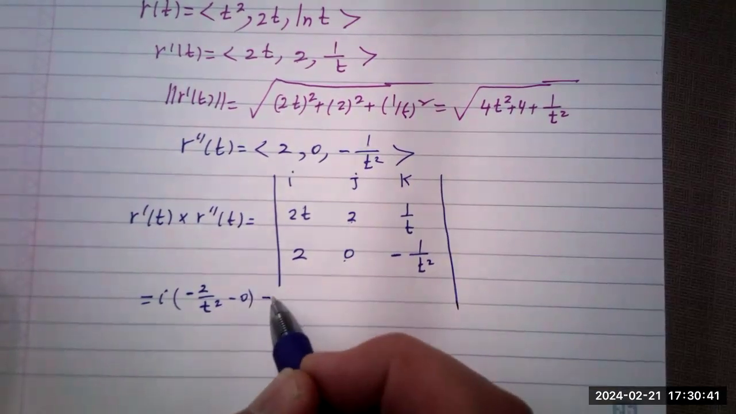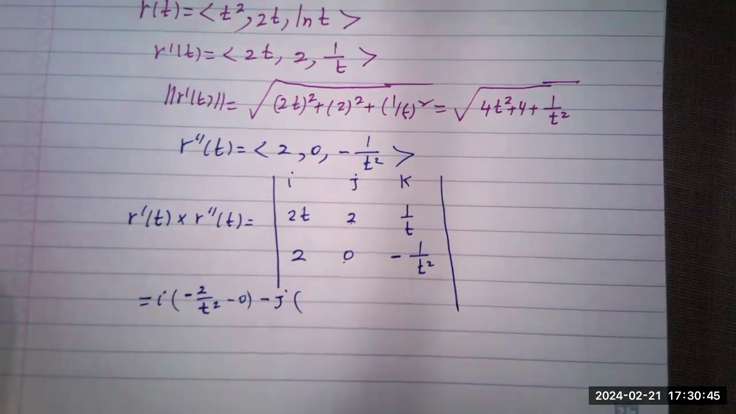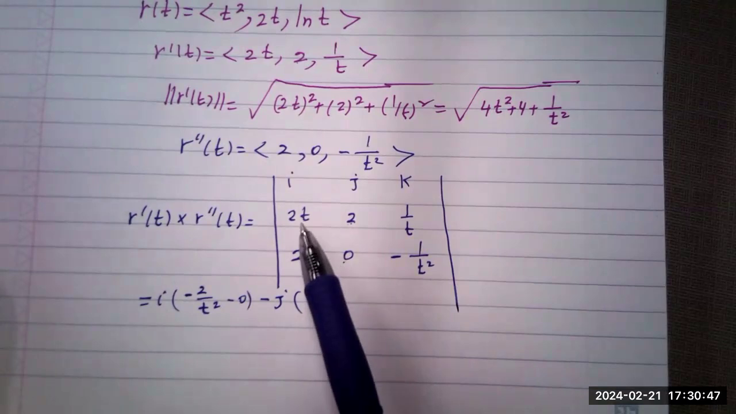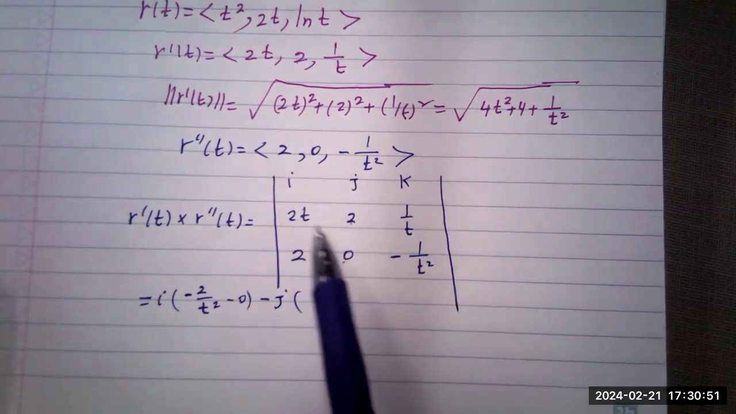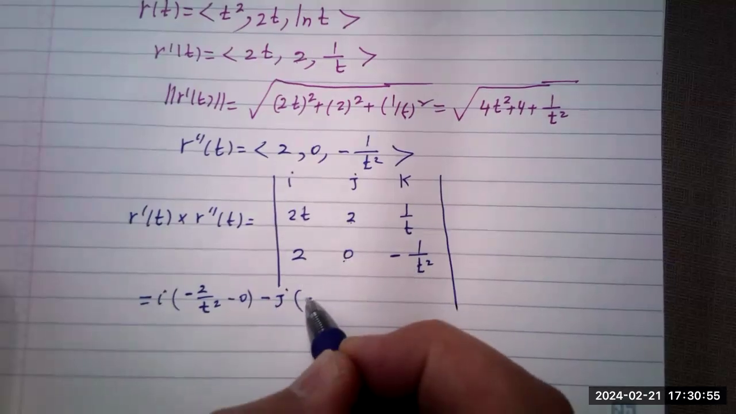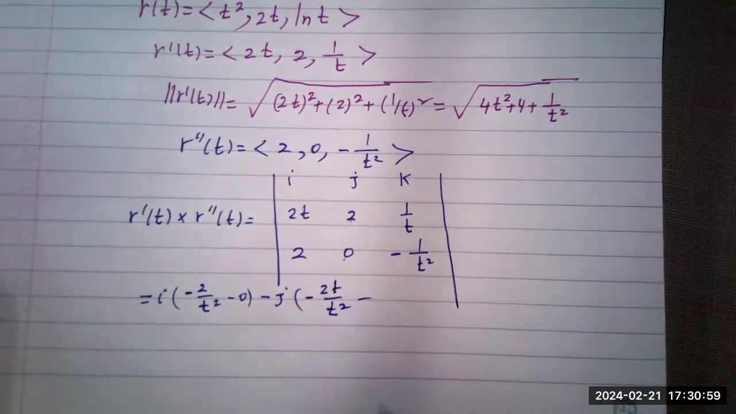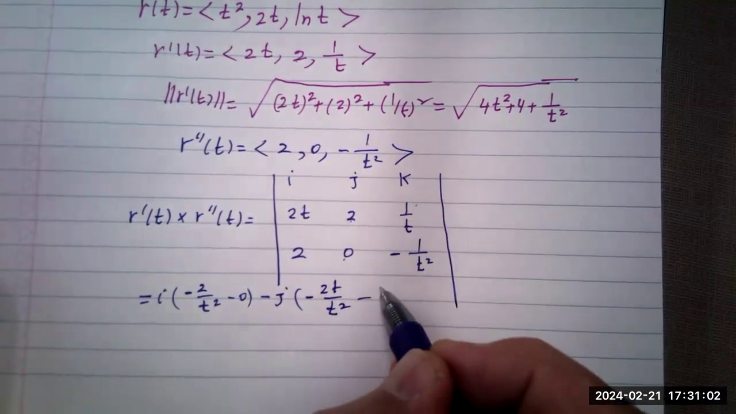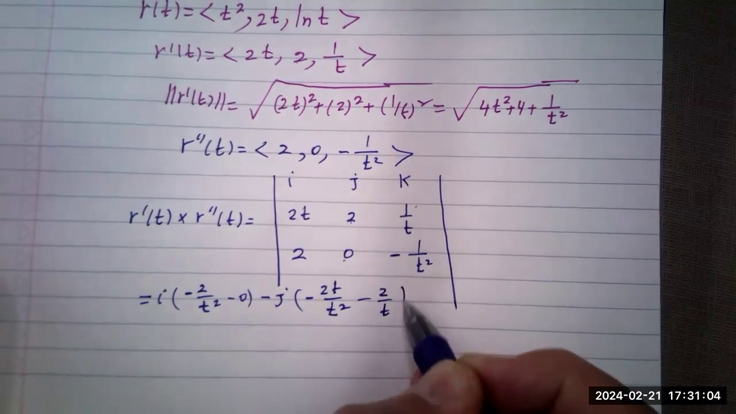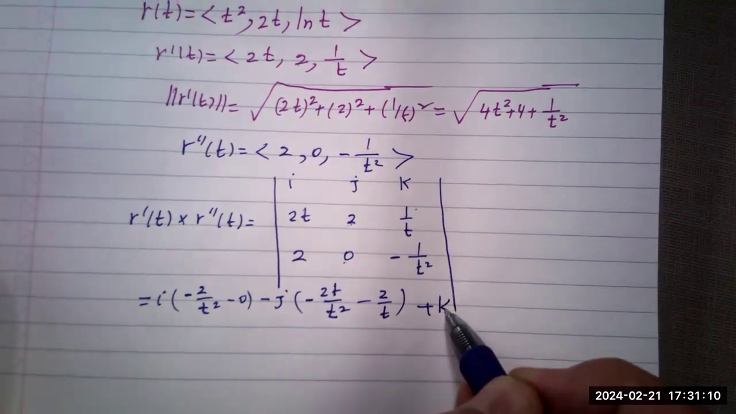Okay, it's going to be minus j times. Eliminate first row, second column, matrix 2t, 1 over t, cross multiply. You multiply these two together, that gives you negative 2t over t squared minus 2 over t. Okay, this is it. Then plus k times,